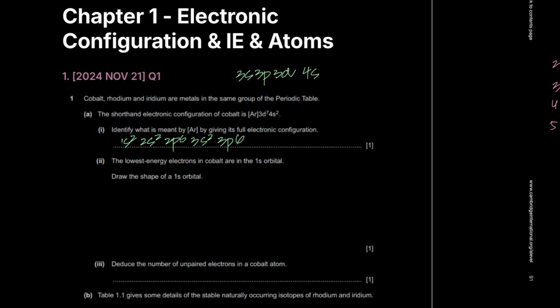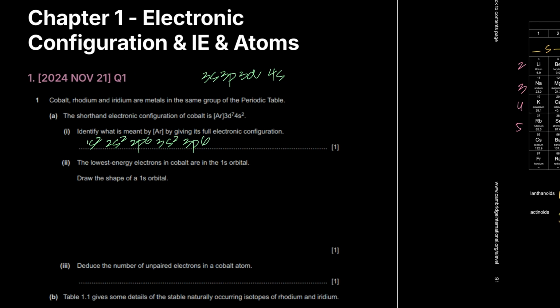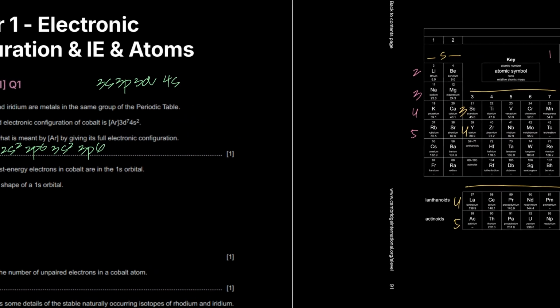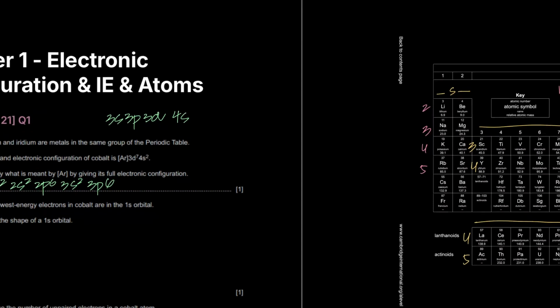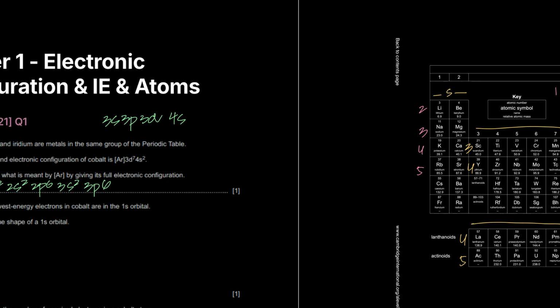And if you don't know the periodic table approach, or you've not been lucky enough to have been taught that, you can use your simple method, which is what? You start filling the lowest energy subshells first, which is the 1s, then you fill out the 2s, then the 2p, then the 3s, then the 3p, and so on and so forth. So you need to accommodate 18 electrons. That's how many electrons there are in argon, right? So you fill out the 1s first, that holds a max of 2 electrons, the 2s, then the 2p subshell